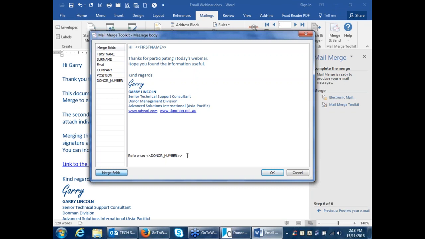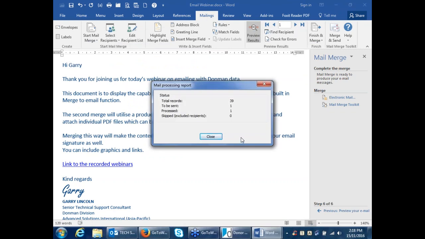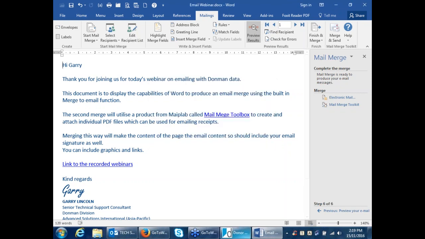So if you wanted to, in the subject line, that's just going to send it now. On the subject line, you can put the receipt number and something else as well. So you can put fields into the actual subject line as well as into the thing that we're sending. Okay, so in this case, because I said just the one document, it's saying yes, out of the 39 records, it's sent to one, because I don't want to send everyone an email that says, what's this? Okay, so if I close that,